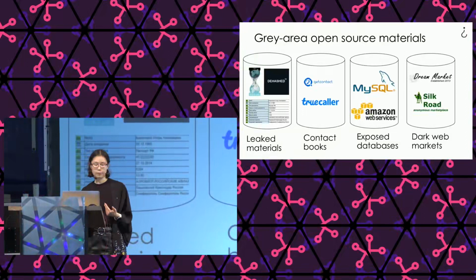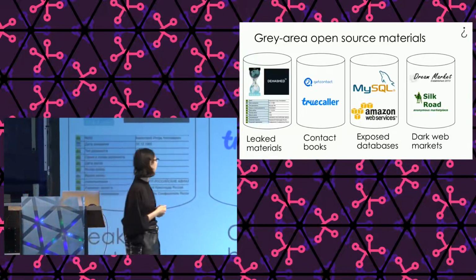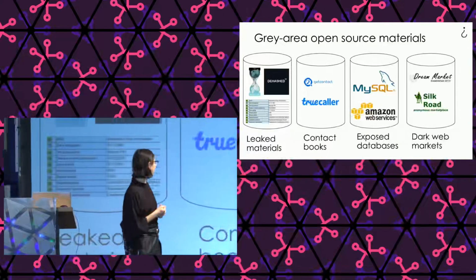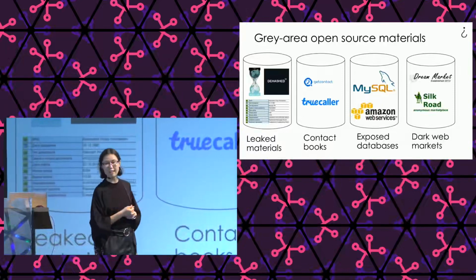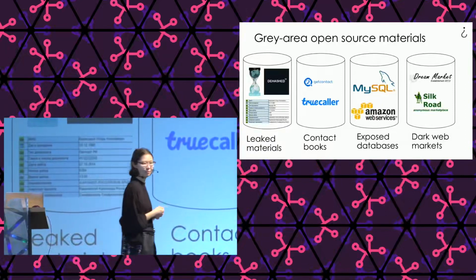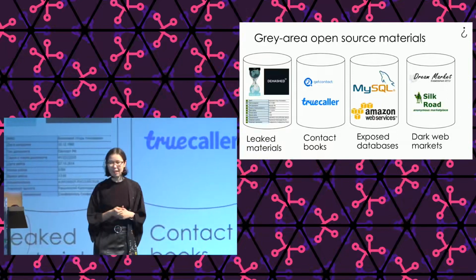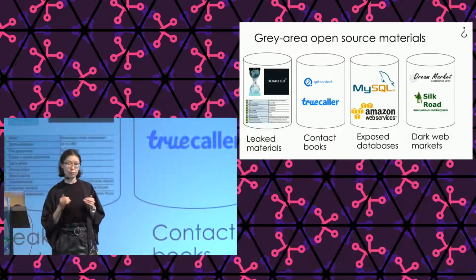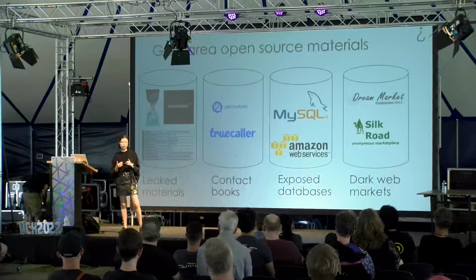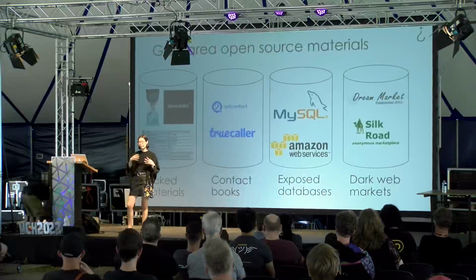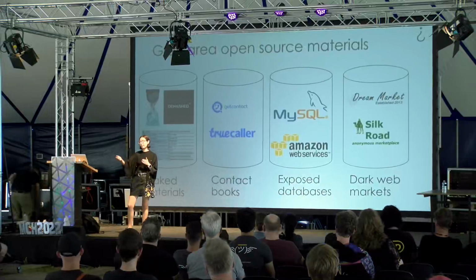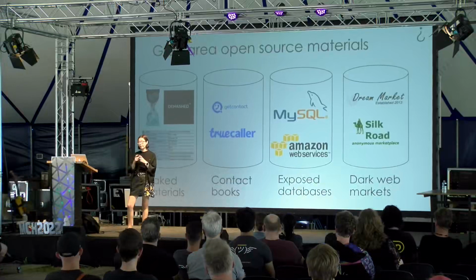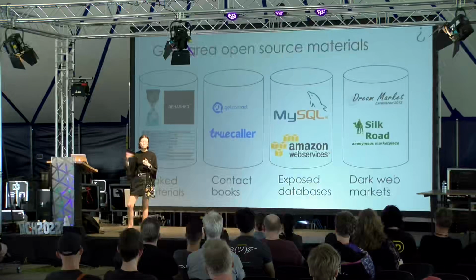Okay, next one is contact books, which is apps like GetContact, Truecaller, SyncMe. Has anybody heard about them? No? Okay. Some of you might, I think. These are the apps that you download to your phone, and you give them access to your contact book. Okay? So the great thing about it is if somebody else that you don't know is calling you, it will tell you the name of this person. It can tell you right away that it's a scam, or it can tell you right away that it's a bank,